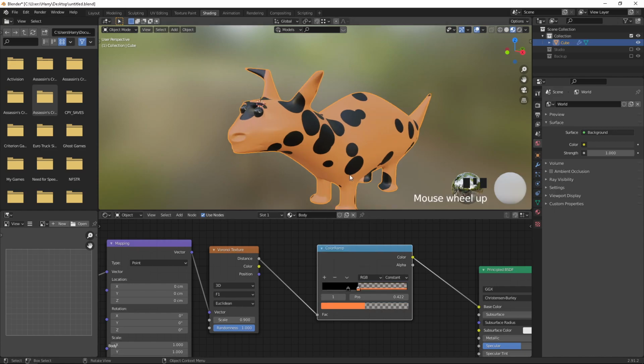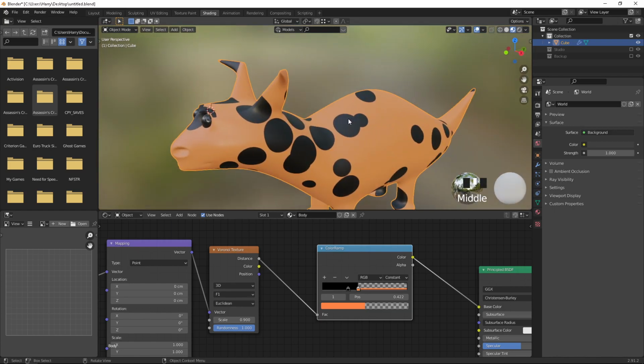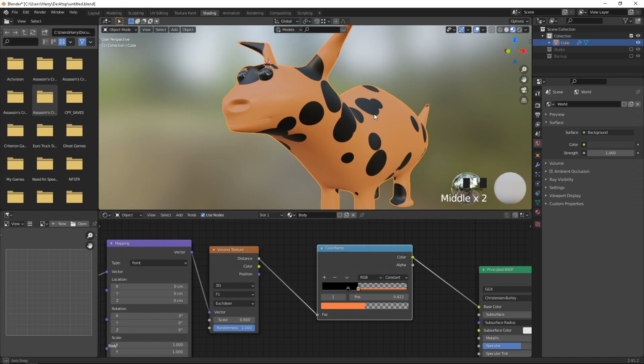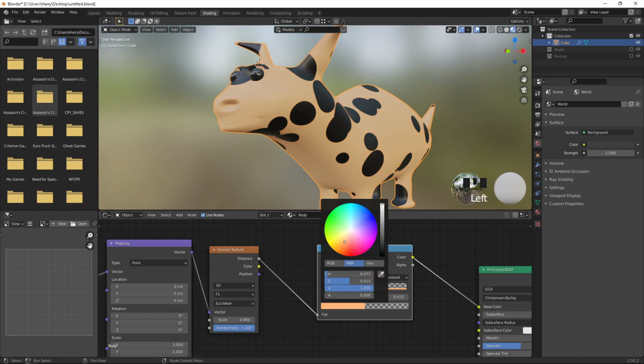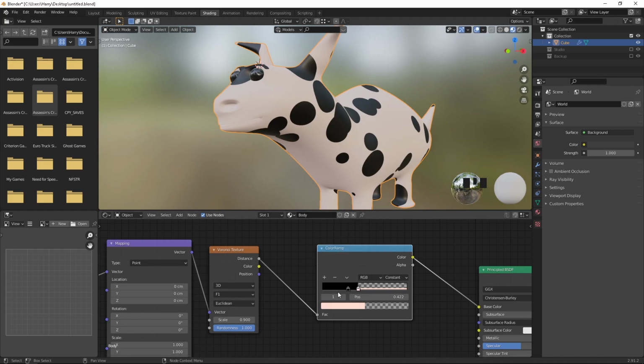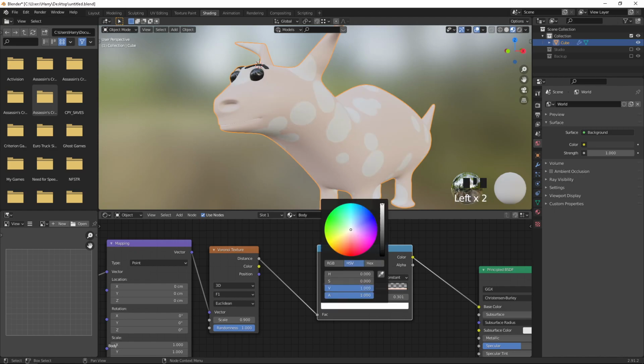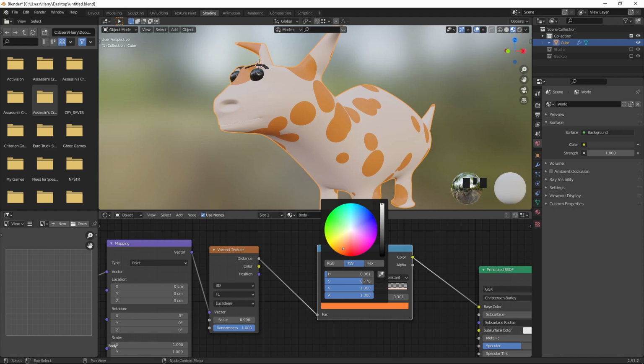more lighter, but it doesn't. Okay, we can give the color as white, slightly white. And with this one we can give the color as the same orange.